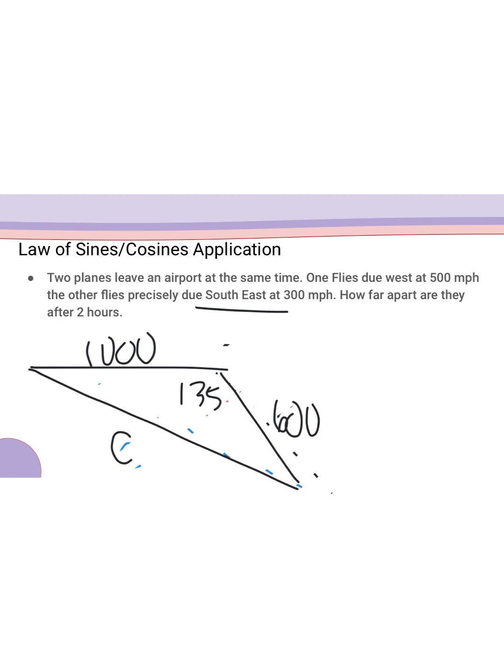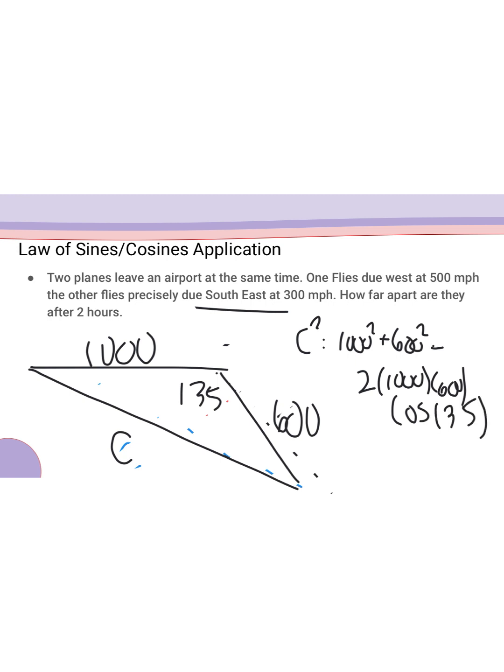So in my formula, I'm going to use C squared equals 1,000 squared plus 600 squared minus 2 times 1,000 times 600 cosine of 135. It's going to be a big number, by the way. So I'm going to do this part first. Let's rewrite this so I have some space. So the 1,000 squared plus the 600 squared is 1,360,000